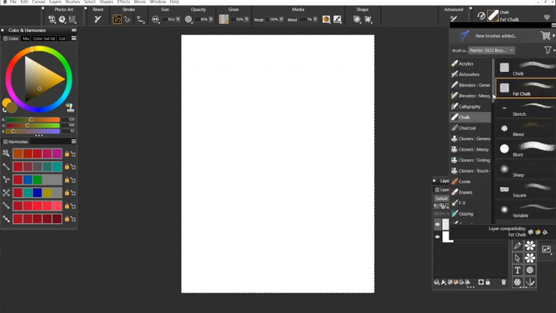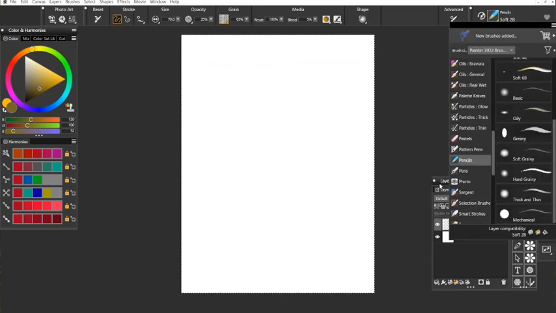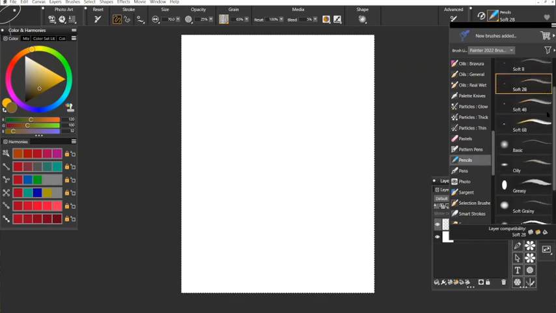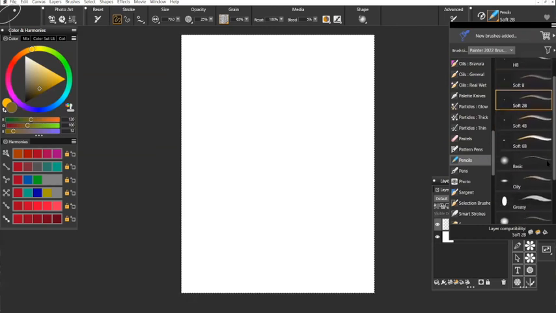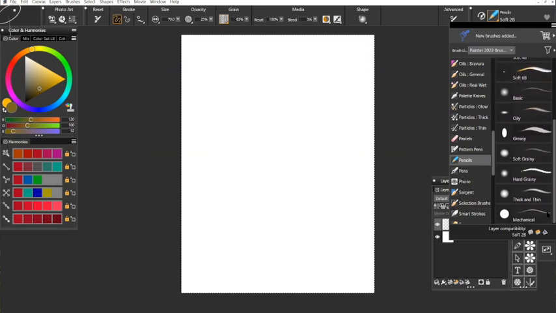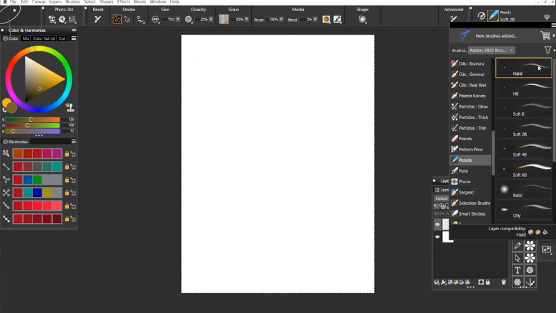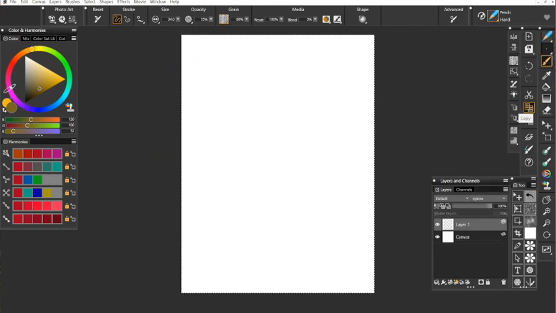Now I'm going to go to pencils. That's probably where we ought to start. Okay, so in the pencils, when you go there, what you'll find is you have all of these brushes that are pencils. Okay? So if I started with this hard pencil up here,